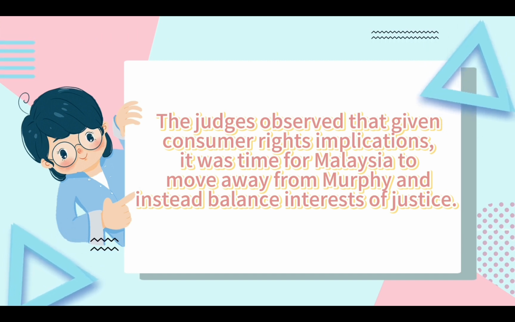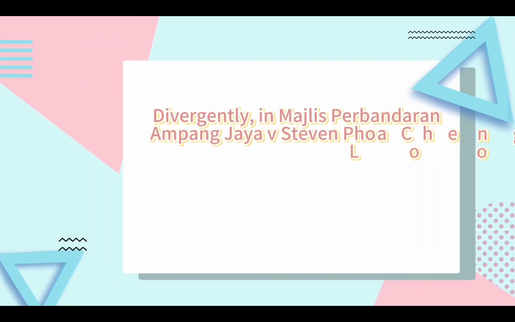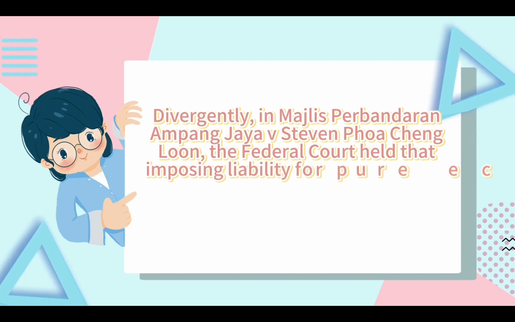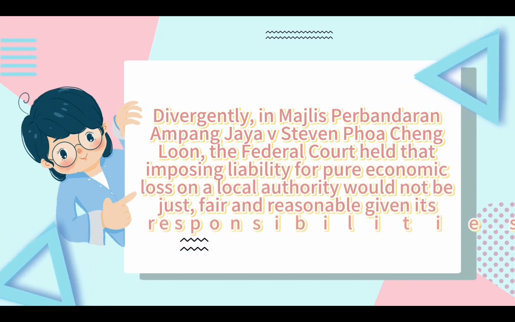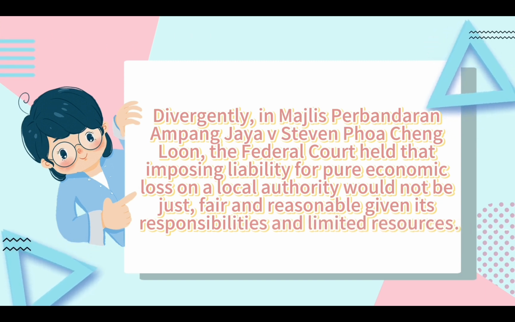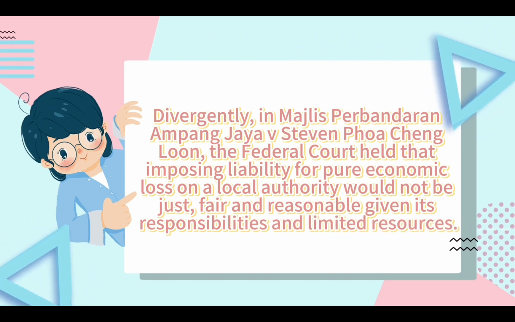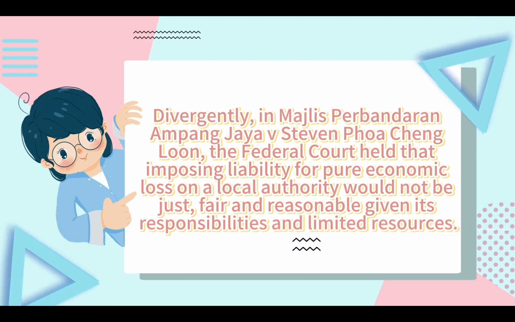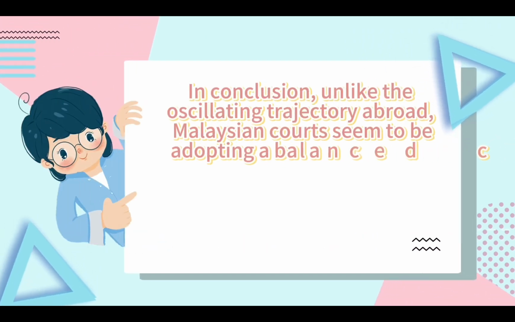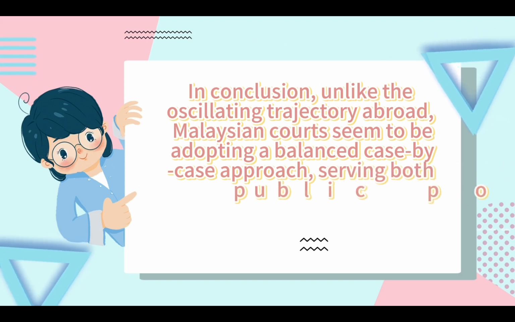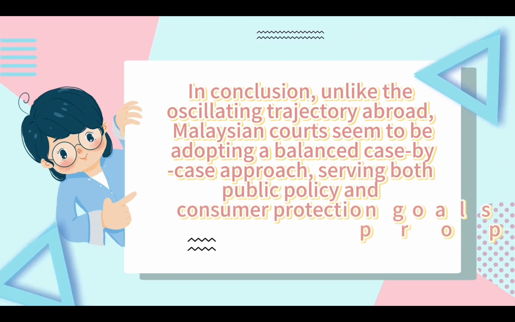and its state-balanced interest of justice. Divergently, in Majlis Perbandaran Ampang Jaya v Steven Phoa Cheng Loon, the Federal Court held that imposing liability for pure economic loss on a local authority would not be just, fair, and reasonable, given its responsibilities and limited resources. In conclusion, unlike the oscillating trajectory abroad, the Malaysian court system seems to be adopting a balanced case-by-case